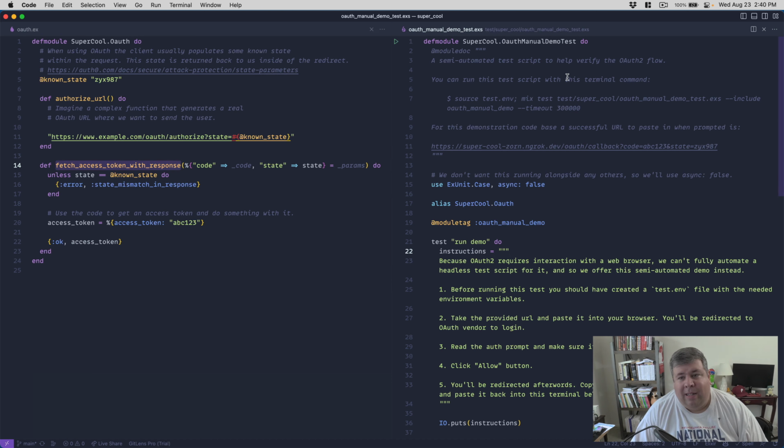In our test here, we've got a module, and we've said use ExUnit.Case, async: false because we don't want this to run alongside anything else. And we've introduced a module tag called oauth_manual_demo. What this lets us do is exclude this test from everything, and then only run it when we want to. The way you run that is with this command up here, where we encourage the tester to import the test environment